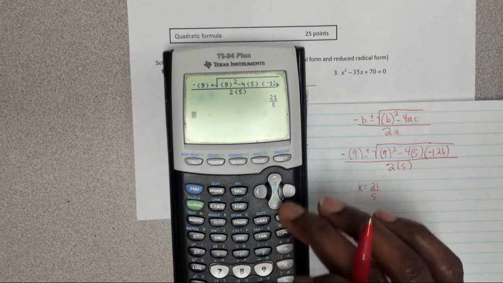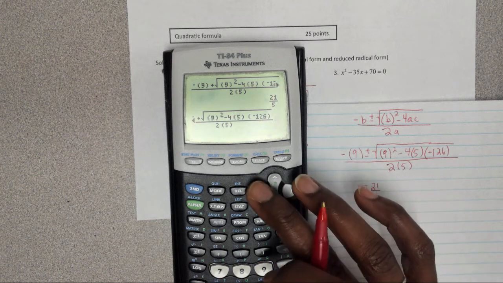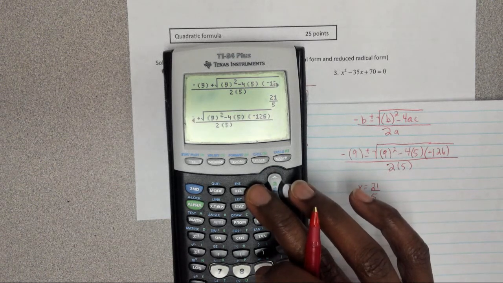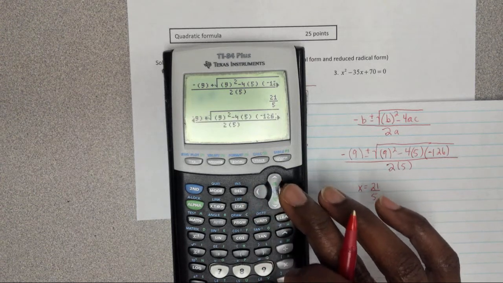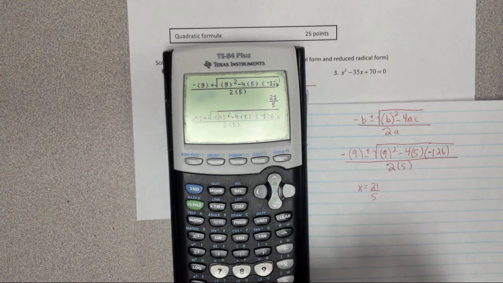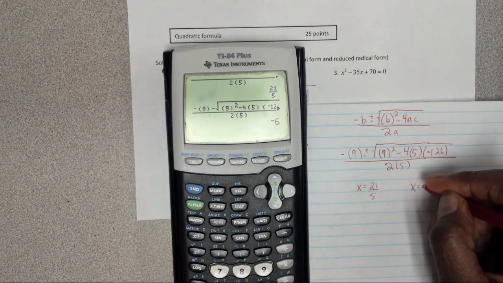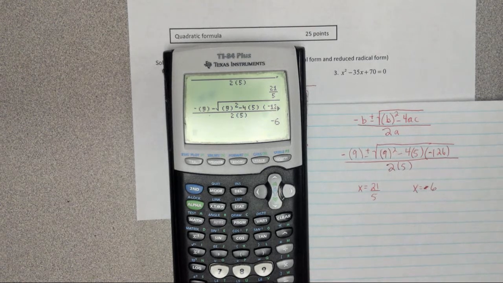Also, I'm going to go back and highlight it. And I'm going to change this to minus. Enter. Negative 6. Okay, so on the test, some places it doesn't want you to give the final answer. It wants you to